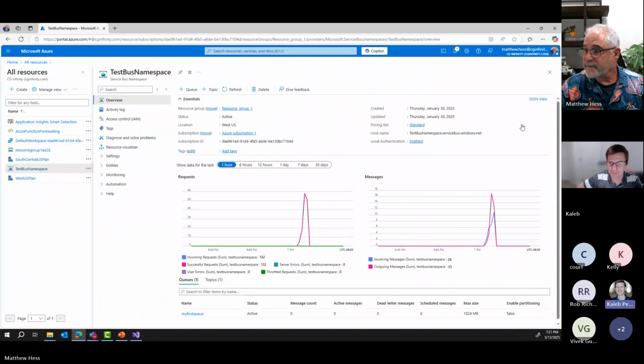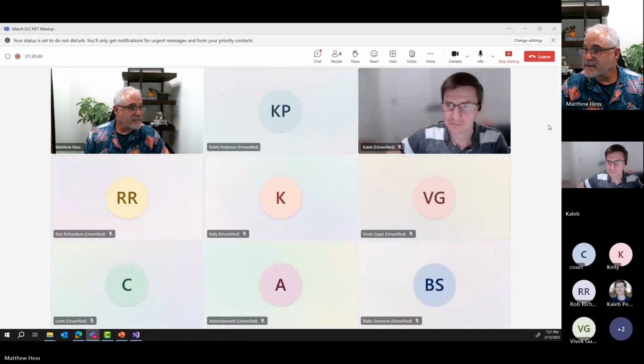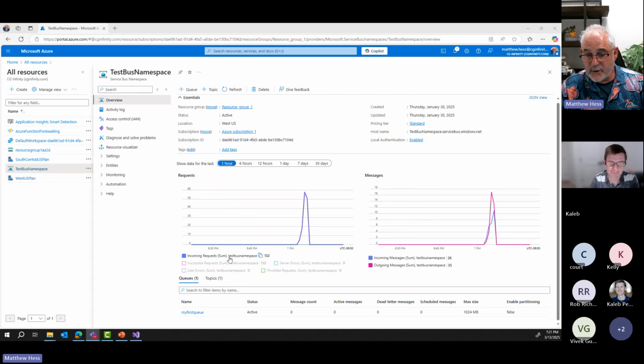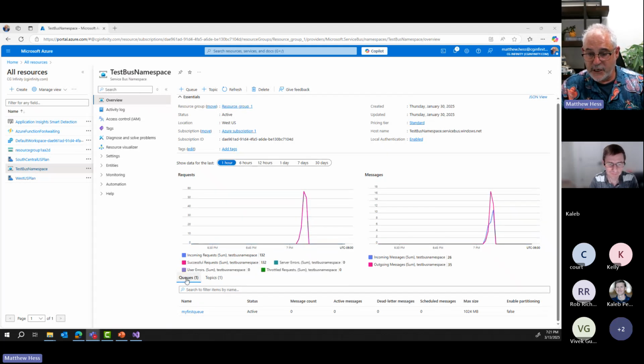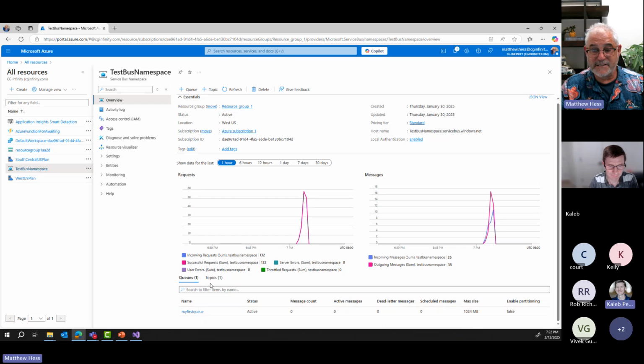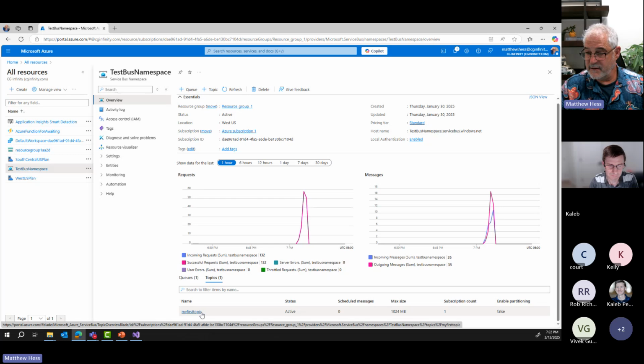Let me put this over here. All right, so what you can see is I have one queue, my first queue, and I have one topic, my first topic. So I could send to either. If I made a service bus sender and I gave it my first queue, that's where it would send. And if I made a service bus sender and I gave it my first topic, that's where it would send. And you'll notice that this topic has a single lonely subscription. If I click on it,